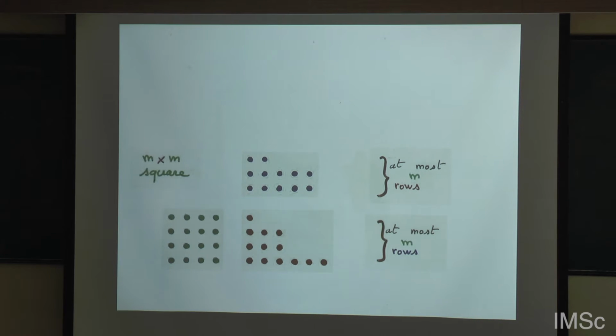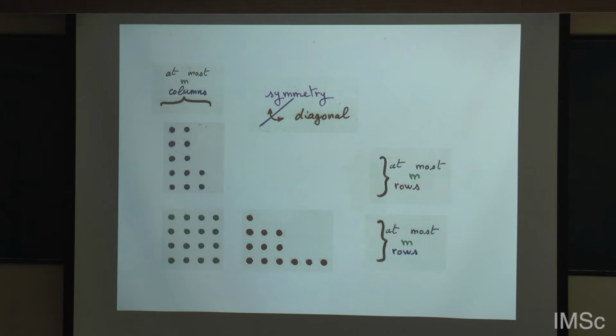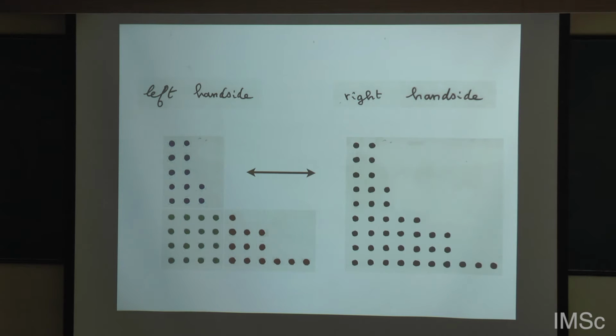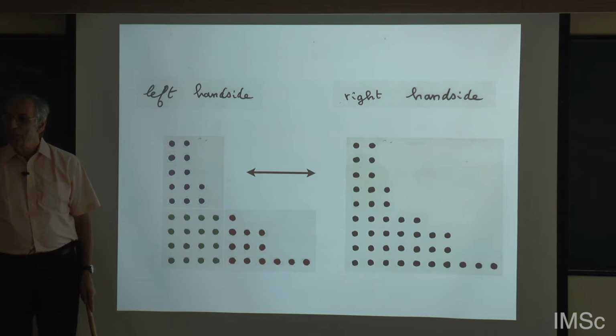and there is a very simple thing to do: this blue part, take the symmetry with respect to the diagonal, and this gives you this. And you see this equals this. This is a proof of the identity.